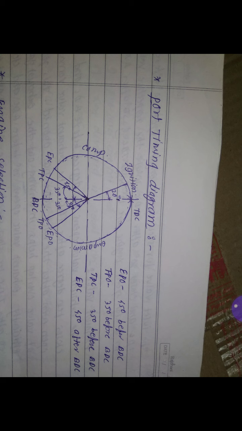The angle is the same, 45 degrees before BDC and 45 degrees after BDC. So when the exhaust port opens before BDC position, what is the advantage of that? Automatically some amount of gases gets exhausted from the engine cylinder, that is, pumping loss decreases. Next, the transfer port opens 35 degrees before BDC and closes 35 degrees after BDC.